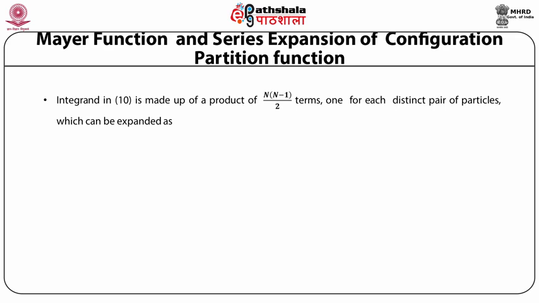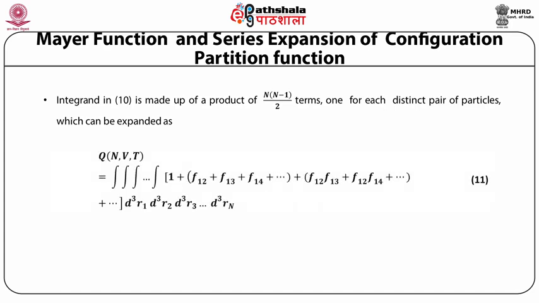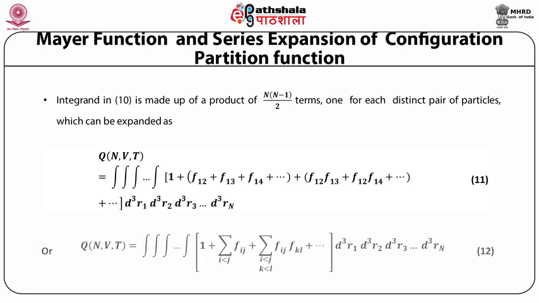The integrand in 10 is made up of a product of n(n-1)/2 terms, one for each distinct pair of particles, which can be expanded as Q(N,V,T) equal to a multidimensional integral from d³r1 to d³rN over 1 + f12 + f13 + f14 + so on + f12·f13 + f12·f14 + so on,